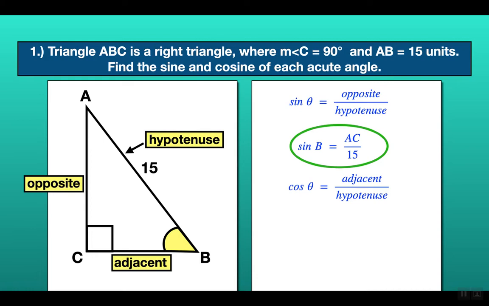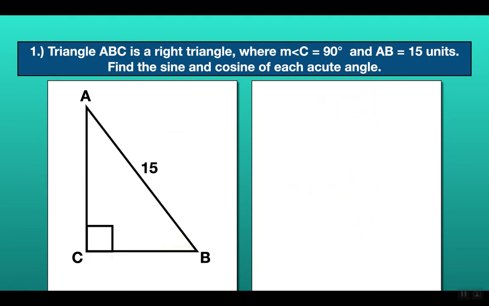Okay, so the adjacent side is side CB and the hypotenuse is 15. So just put CB over 15 and there's our answer. Okay, so let's put all our answers together so we can analyze them a second. Okay, so our answers are